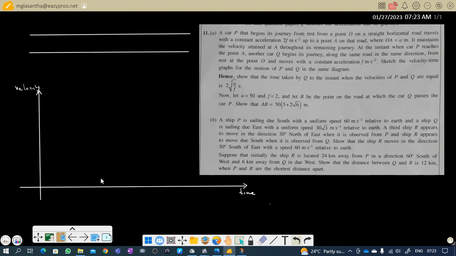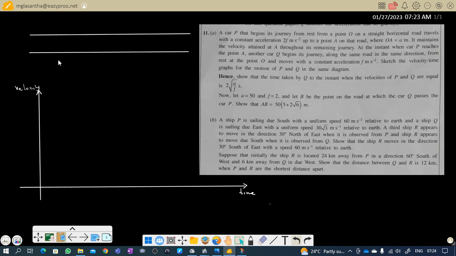This is the day before yesterday's exam paper question. Question number 11, combined maths paper 2, a VT graph question. In this question, you have two cars. Car P moves from rest with acceleration 2f, starting from point O, along a straight line